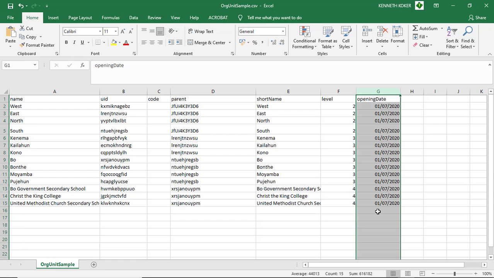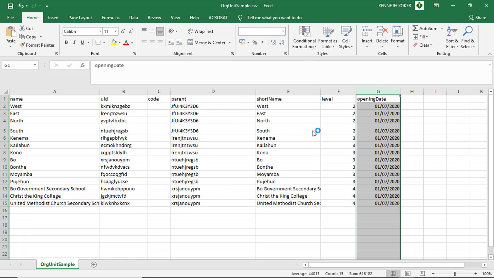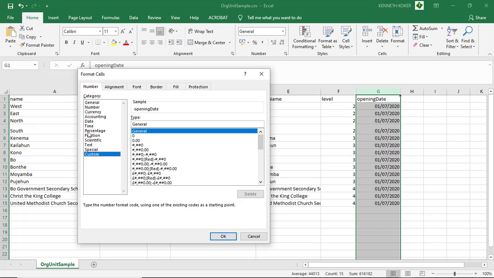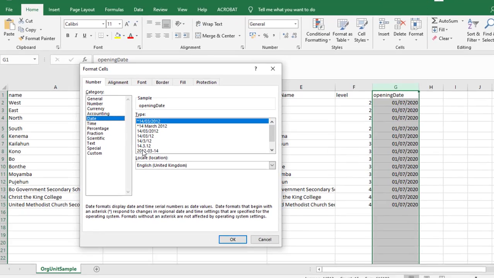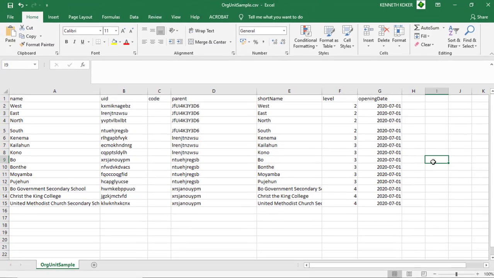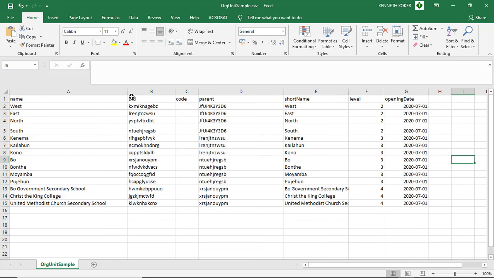If you leave it this way, you are going to have errors in importing. So you have to make sure you come to the custom date format. So more formatting, go to custom and date, and make sure you choose this one with the hyphen. Okay, so the year, month, and date, you set that one. Once you have that, I think we should be ready to import this information into our